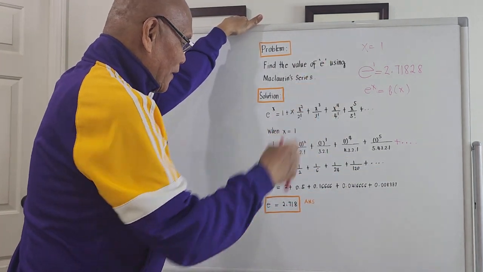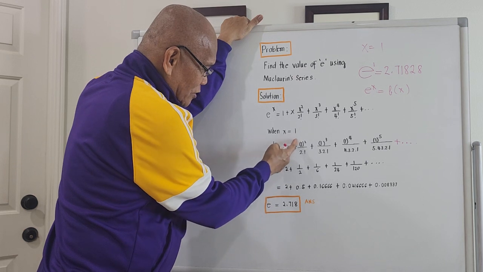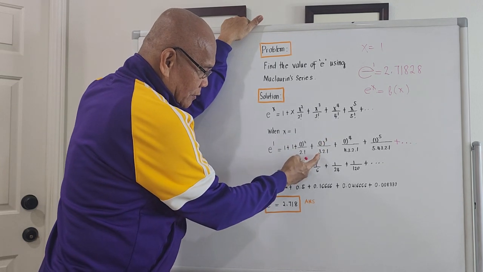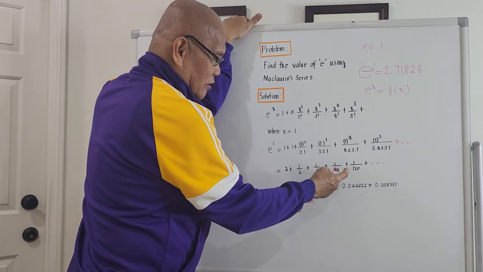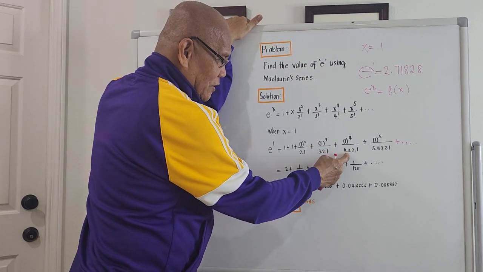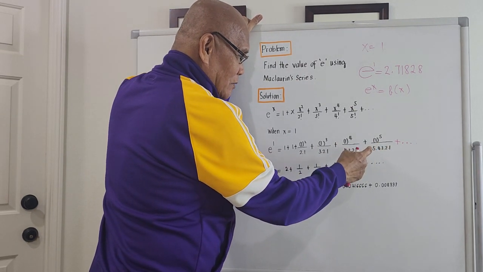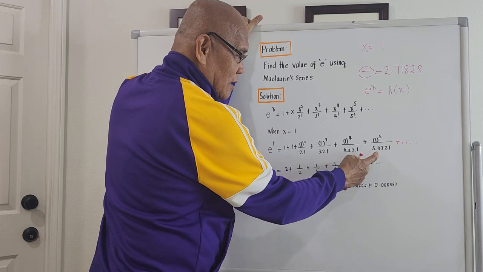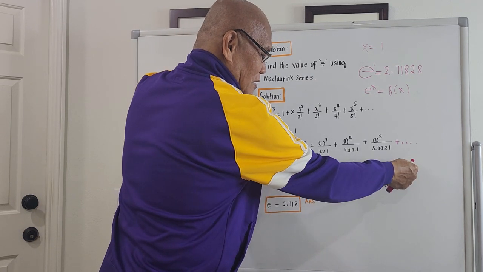So simplifying this, this will now be 1 plus 1 is 2. 1 squared is just 1, 2 factorial is 2. 1 cubed is 1, 3 factorial is 3 times 2 times 1, which is 6. 1 to the fourth is still 1, and 4 factorial is 4 times 3 times 2 times 1, that is 24. And the last one, which we will include in our computation, is 1 to the fifth power over 5 factorial. 5 factorial is 5 times 4 times 3 times 2 times 1, which is 120,